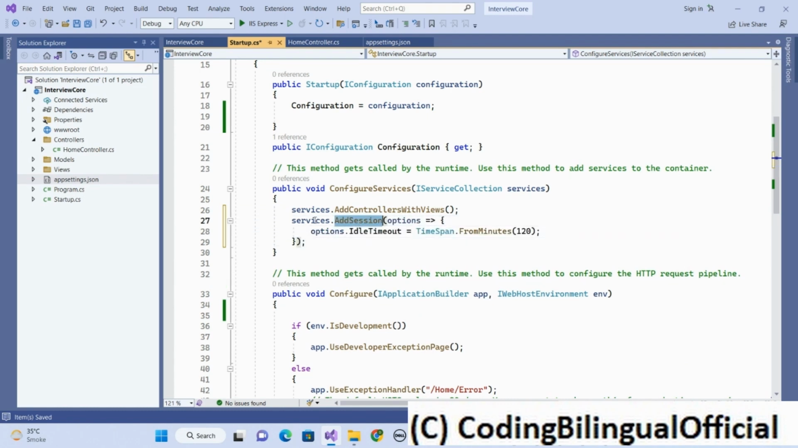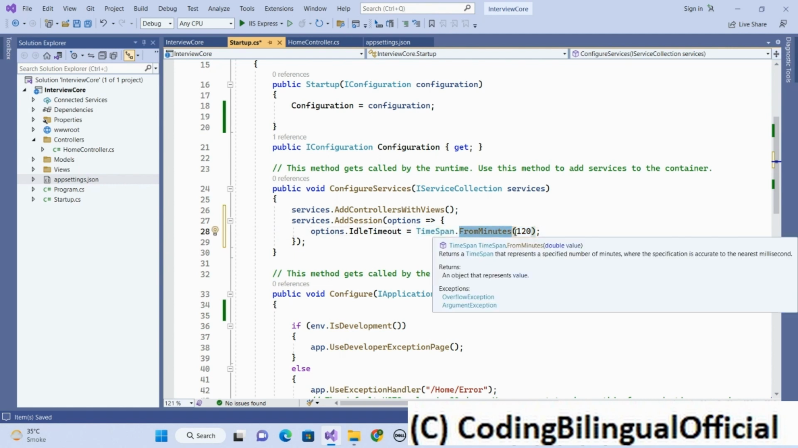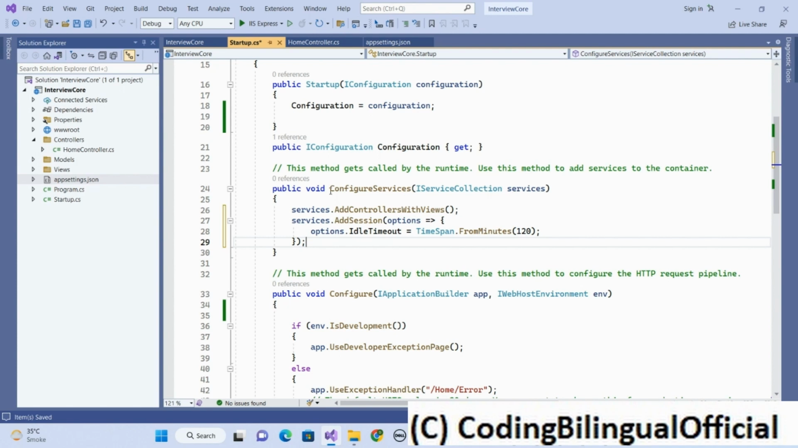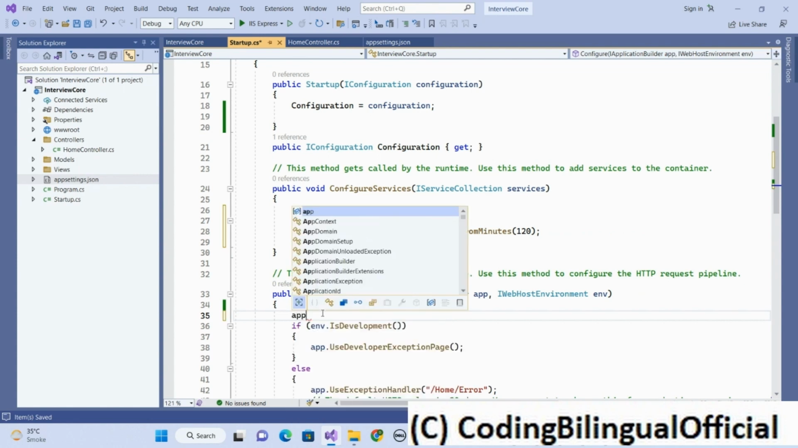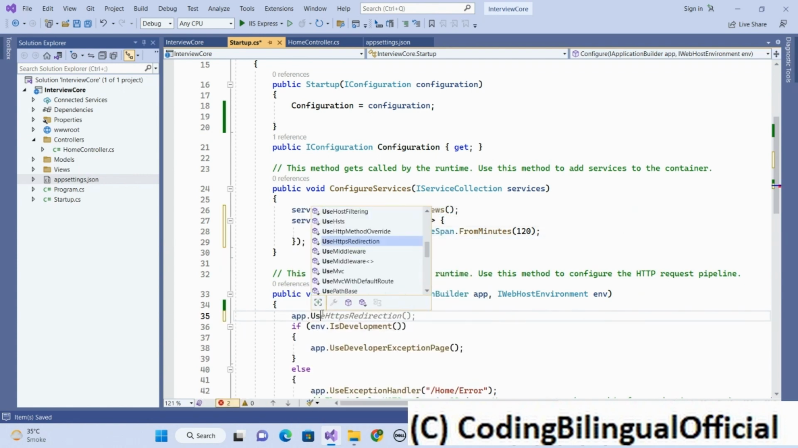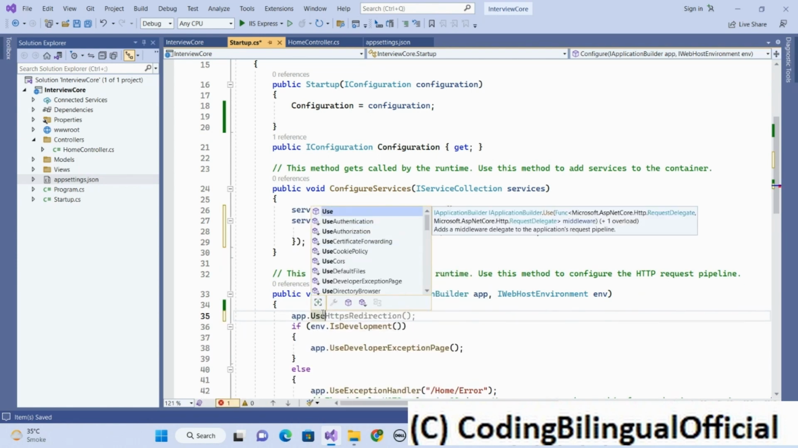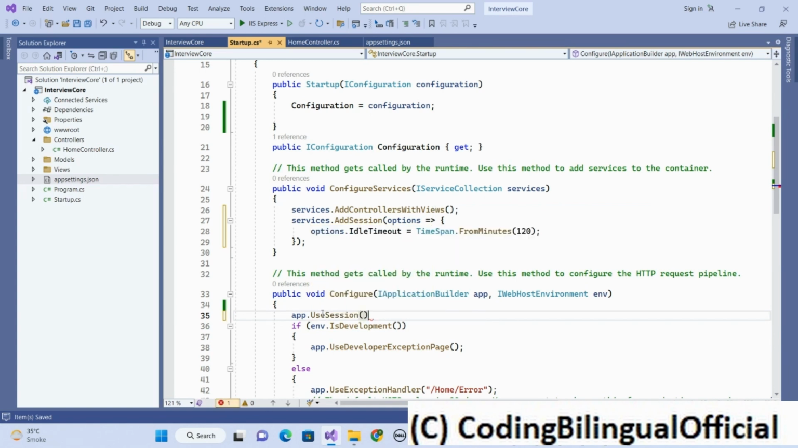To add the session, you need to write the code services.AddSession. Inside the time span, you can specify the time period, like minutes or seconds or whatever. That will depend on you, right? So in ConfigureServices you need to add the session, and inside the Configure method, you need to specify app.UseSession. Without this, you are not able to enable the session in your .NET Core